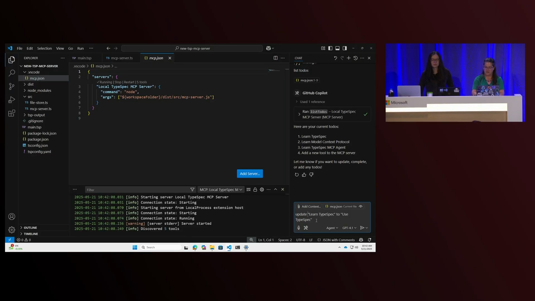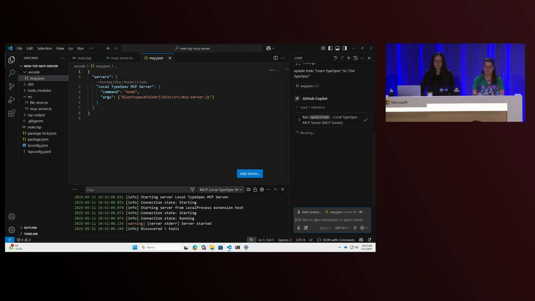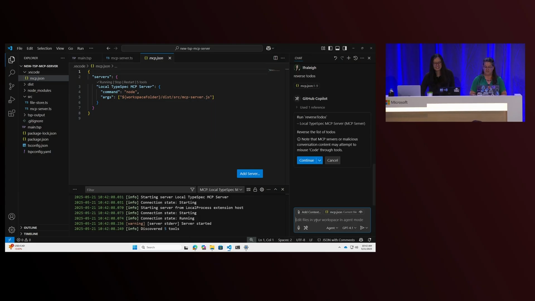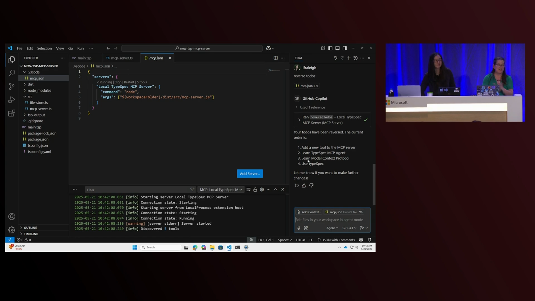And let me say update to do. And now we can list our to-dos. And it's made an update to our list. And because it's always good to do something on stage for the first time, let's see if reverse to-dos actually works. And voila, it's reversed them while we were waiting.